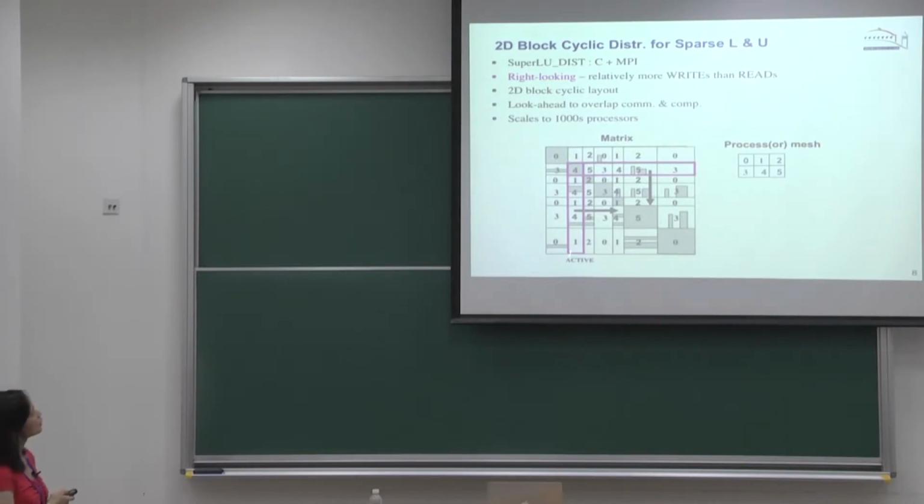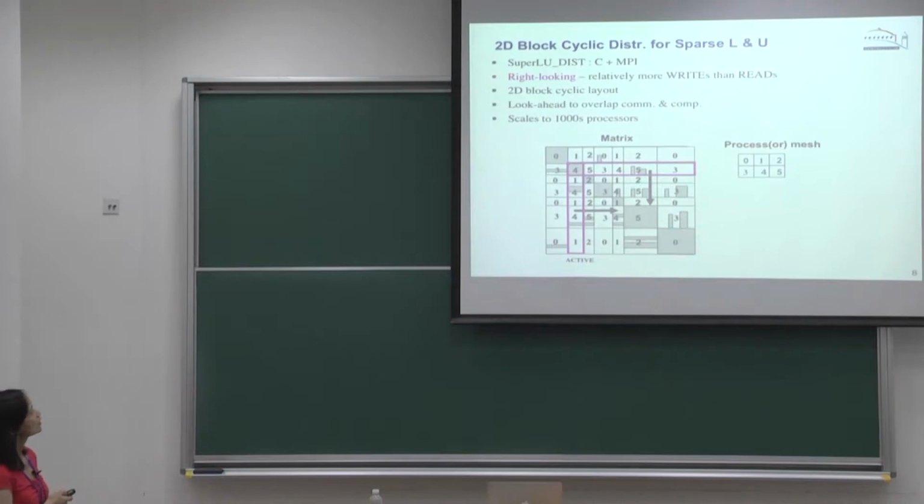So essentially my partition of the blocks needs to follow the supernode partition. And then I do two-dimensional since it has better communication characteristics. So I do one-dimensional partition based on the supernode size,